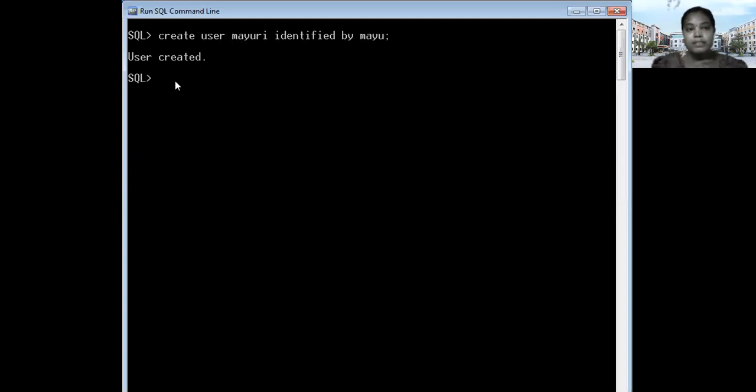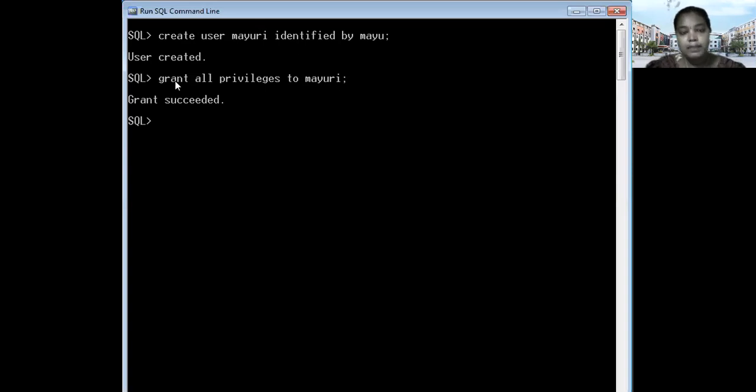Next, giving all permissions to that user for the time of creation or for the time of insertion of data. If you want to perform all SQL commands, then you have to give permissions to that specific user by using the grant command. Grant all privileges to Mayuri. Privileges means permissions. Grant succeeded. Then you have to enter your user role into the database because you have to create some specific tables for your folder only.